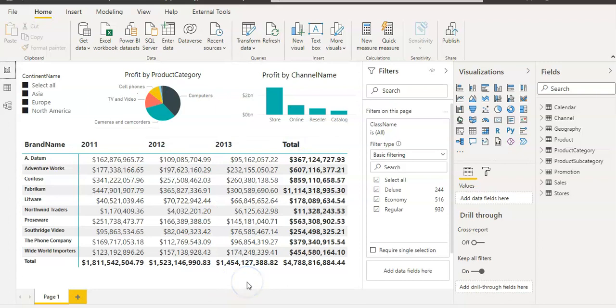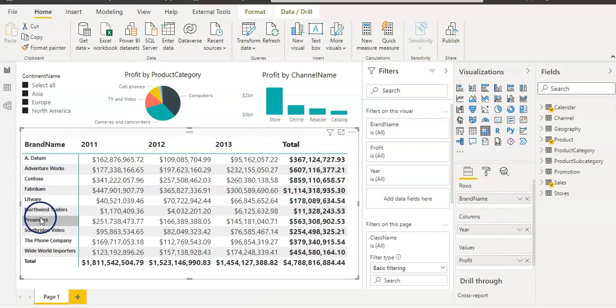I'm going to show you quickly that this is my matrix. It has a brand name, and it also has a year in a column and total. So I have about 10 brand names and 3 columns, and so 30 different values here. Now I have one slicer as well, which has a continent name. I have another visual, a pie chart which has a product category, and I have a column chart which has a